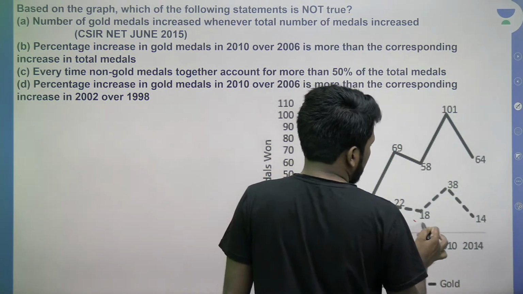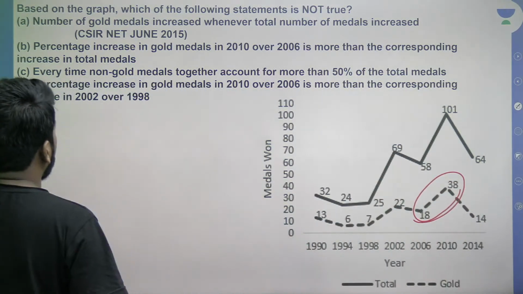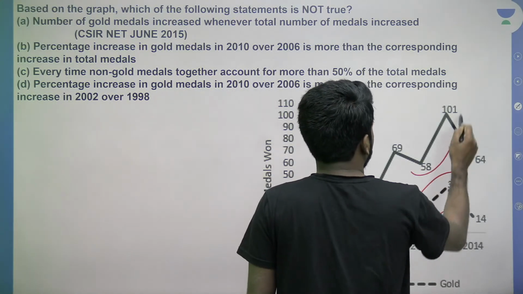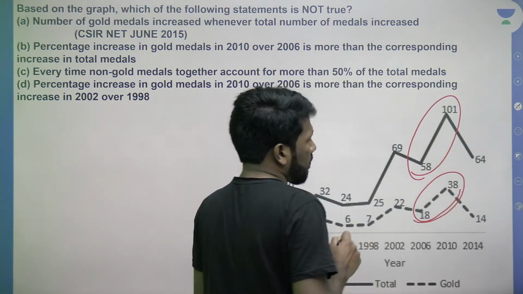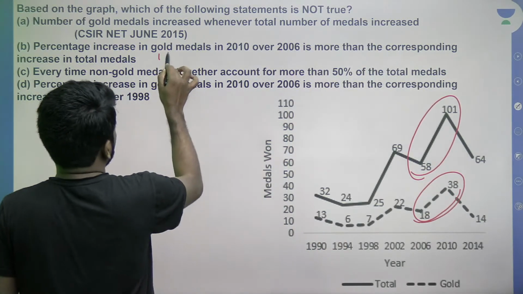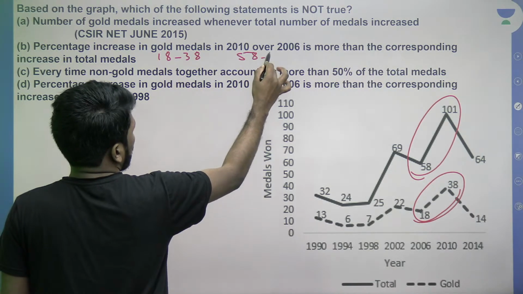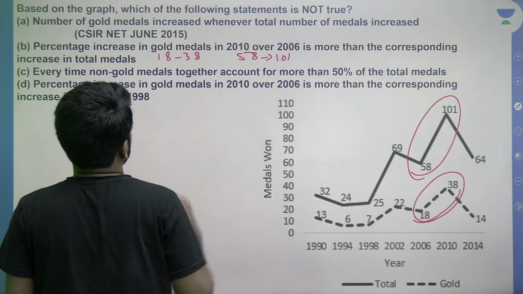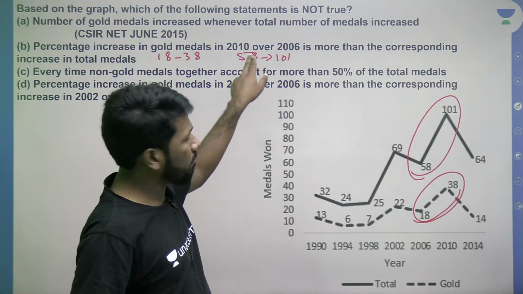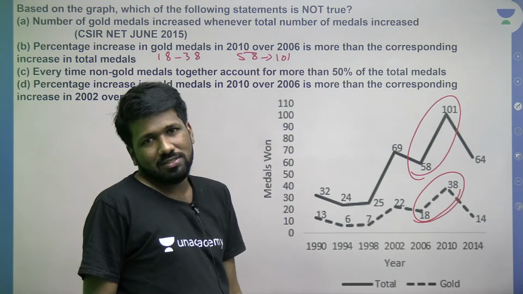2006 to 2010 का gold medal increase, 18 becoming 38, is more than the corresponding increase in total medals. Corresponding increase means same time period में total medal का increase, 58 becoming 101 है. ये 18 becoming 38 या 58 becoming 101, which is the bigger percentage increase? बिगर इंक्रीज नहीं, बिगर इंक्रीज तो ये है 58 to 101, 43 का इंक्रीज है, बट परसेंटेज वाइज